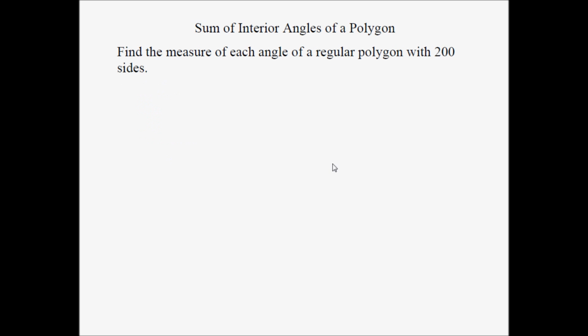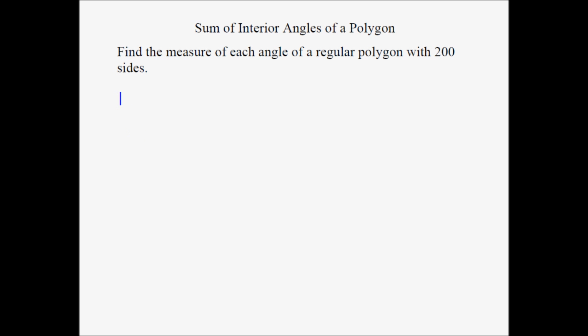Let's take a look at another example. This time we are being asked to find the measure of each angle of a regular polygon with 200 sides. A regular polygon has all angles congruent and all sides congruent. So in this polygon, I can easily find the sum of the 200 angles. So let's go ahead and do that. But we need to find the measure of each angle, not all the 200 angles. So